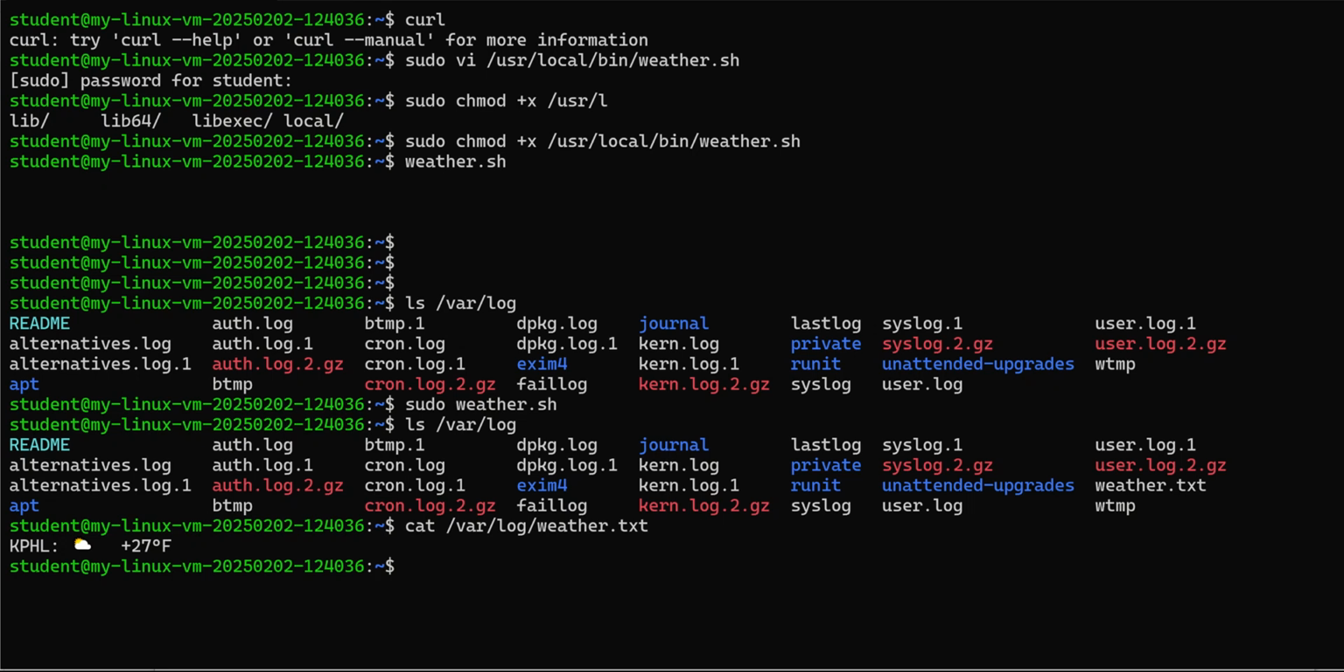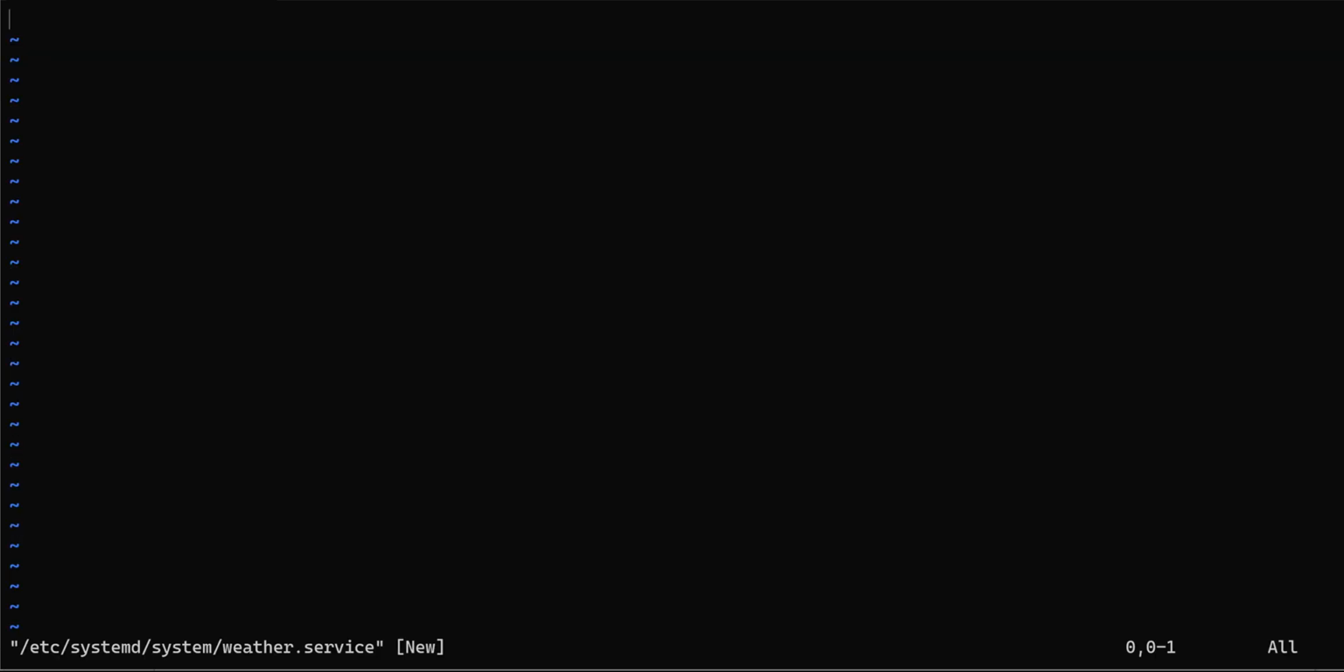All right, next we're going to create our service, which is pretty straightforward. You have to create a file for systemd to use to configure the service. So we're going to use vi to do that, or at least I'm going to use vi. You could use nano or Emacs or something if you wanted to. I already have my file created, so I'm going to copy and paste mine in,